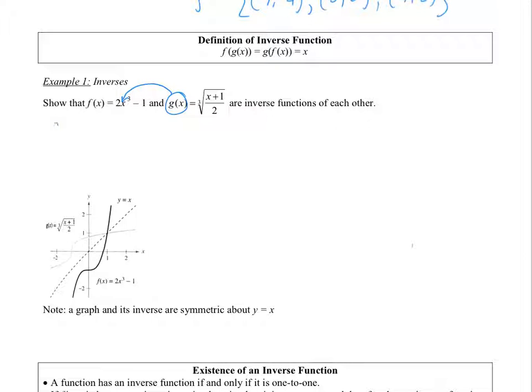And if I do that, I'm going to have f of g of x, which is equal to 2 times, here's my g of x, the cubed root of x plus 1 over 2, cubed minus 1. So if I'm cubing that,